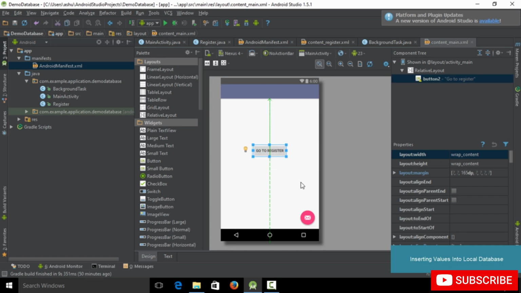Okay, and basically we are going to go into properties, and to the on click of this we are going to add in a method name. So basically search for a property called on click. Okay, so to the on click of this we type in go to register, and I'm going to copy this thing,